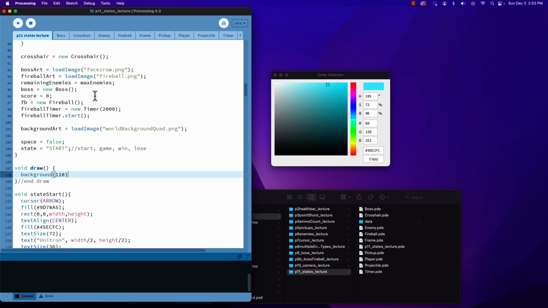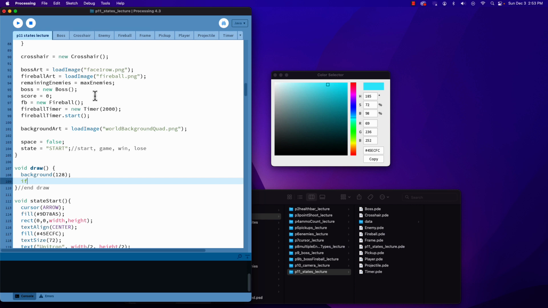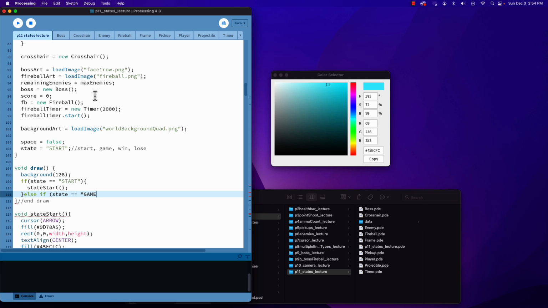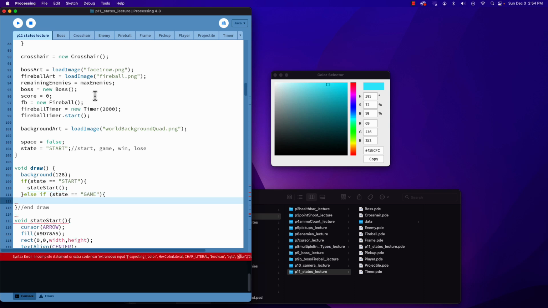I'm just going to put in the default background 128, and then if state equals, no, single equals, double equals, start, then we play the start state. Else if state double equals game, state game,